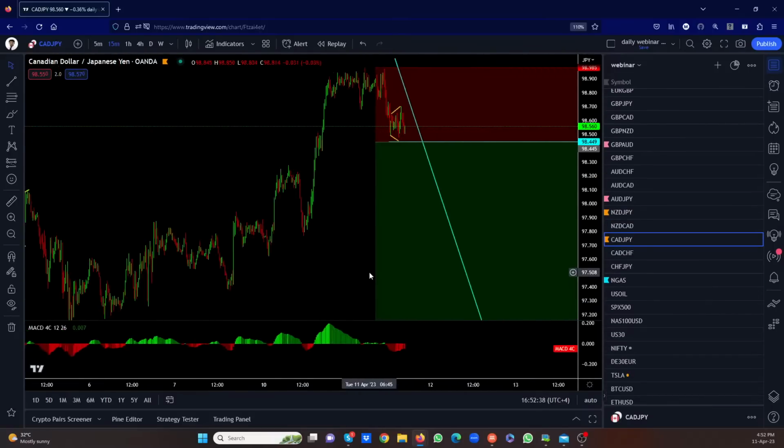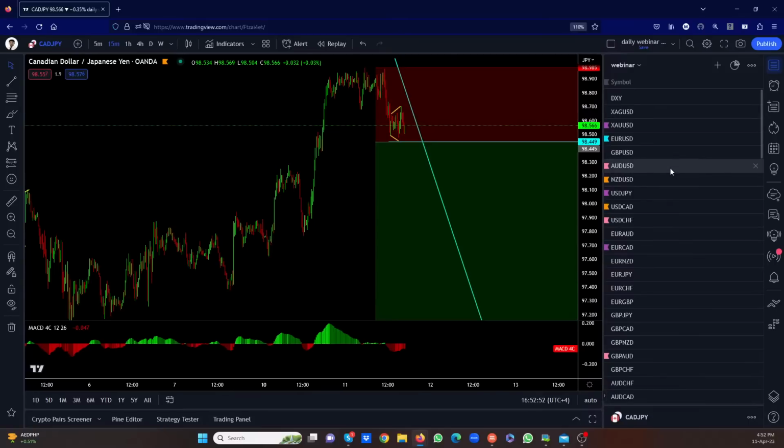Okay, for trades that we're looking at, can you guys tell me what other trade setups you're looking at? My traders, any of my traders in the room, tell me what trades you're looking at. Just type the trade setup so we can go look at the trades. We don't want to miss the trades. Let me go through the list again and see what else we have as trade setups.